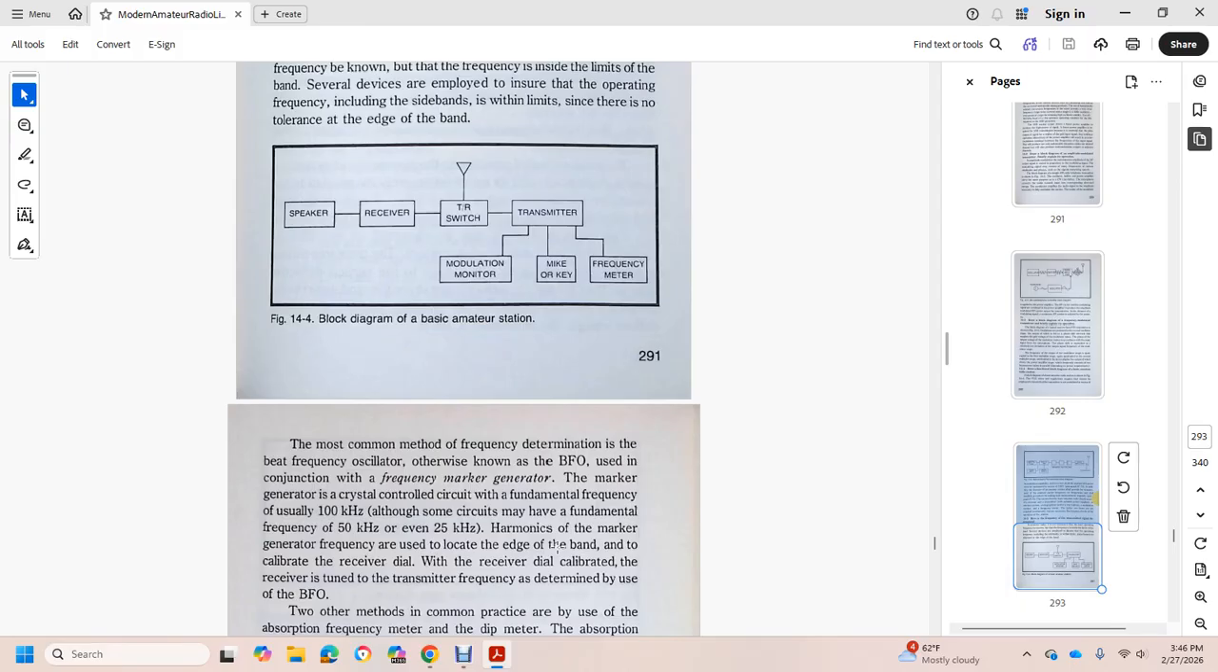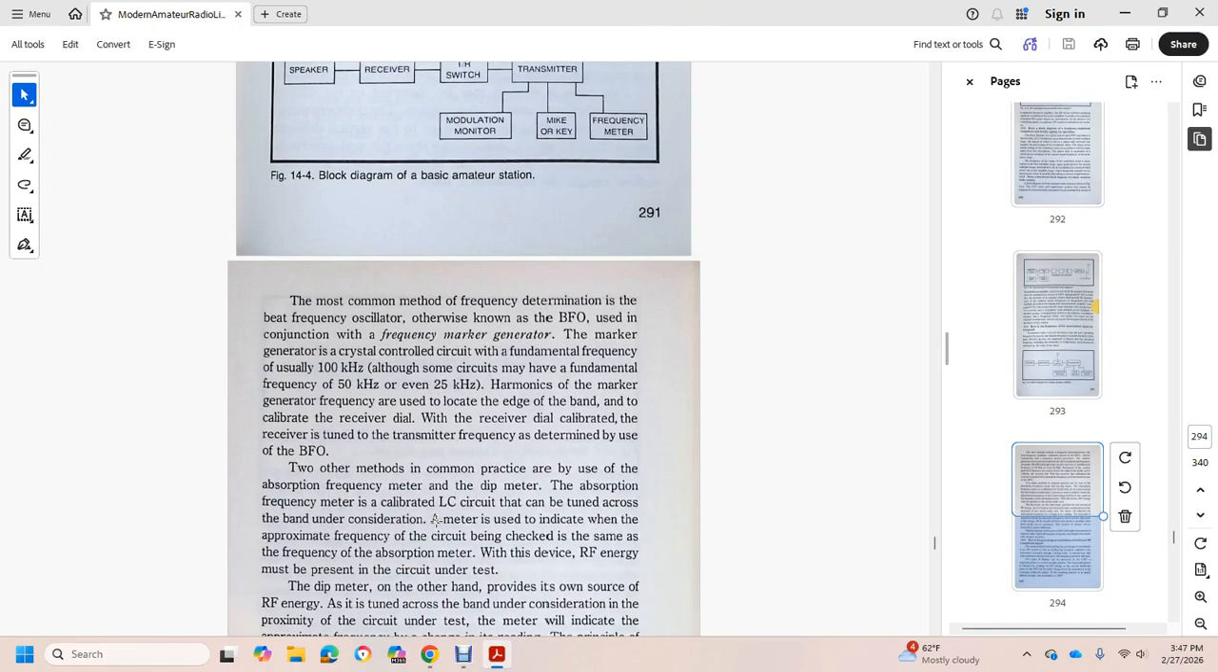in conjunction with a frequency meter or frequency marker generator. The marker generator is crystal controlled, with a fundamental frequency of 100 kilohertz. Some circuits may also have a fundamental frequency of 50 kilohertz or even 25 kilohertz. The harmonics of the marker generator are used to locate the edge of the band and to calibrate the receiver dial. The transmitter frequency is then determined with the beat frequency